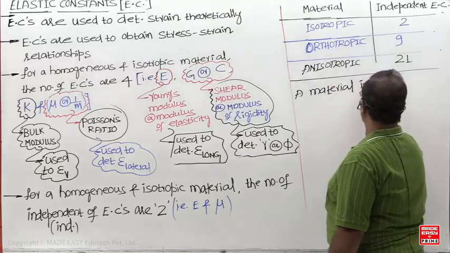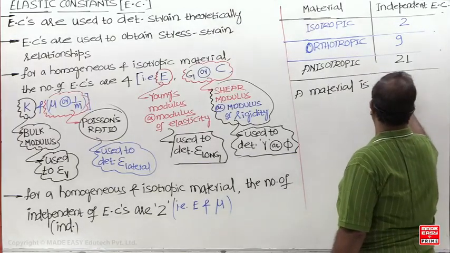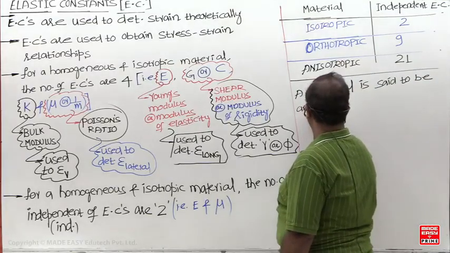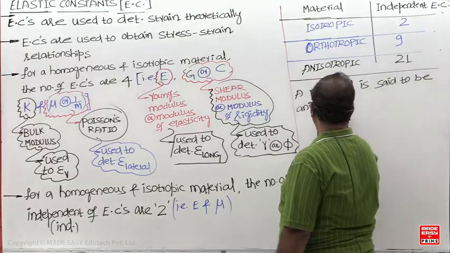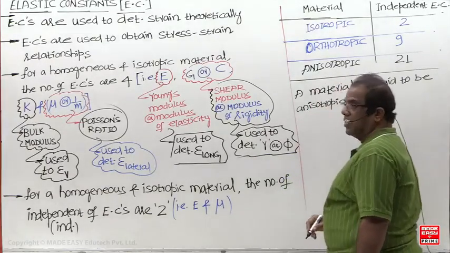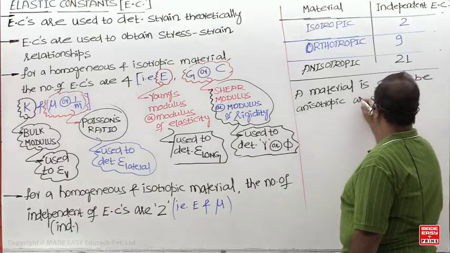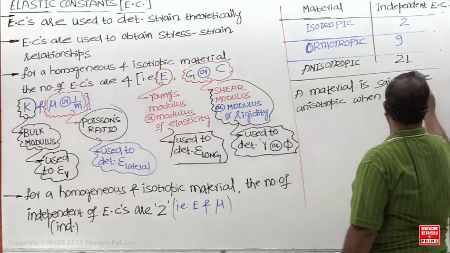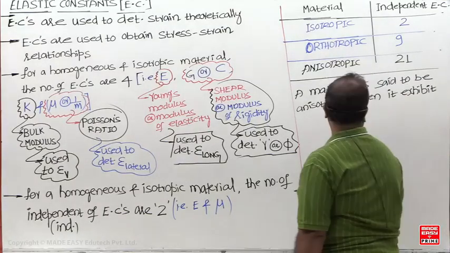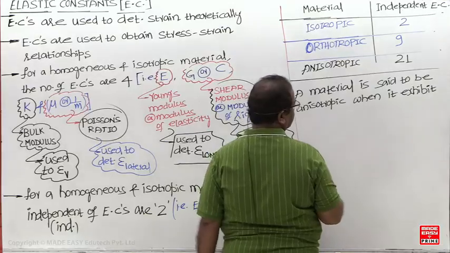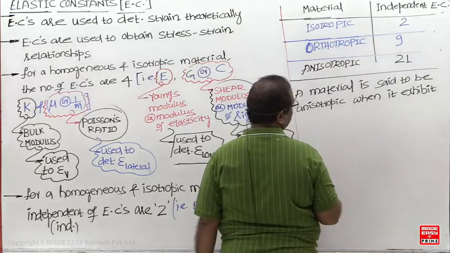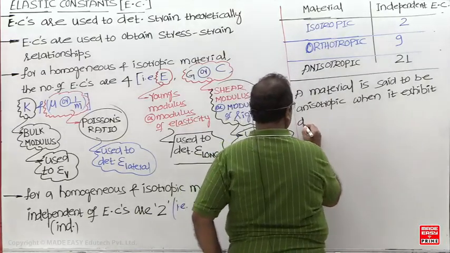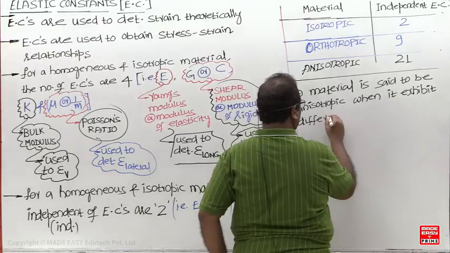A material is said to be orthotropic when it exhibits different elastic properties